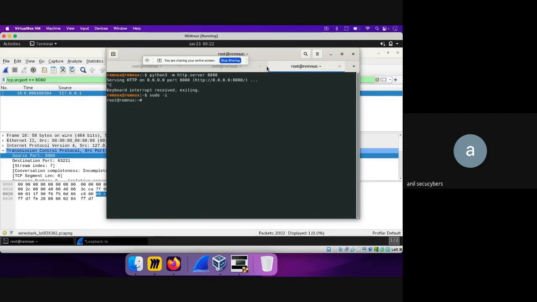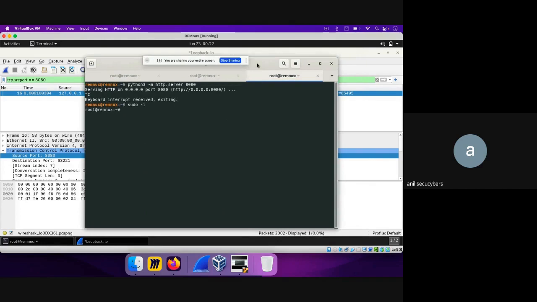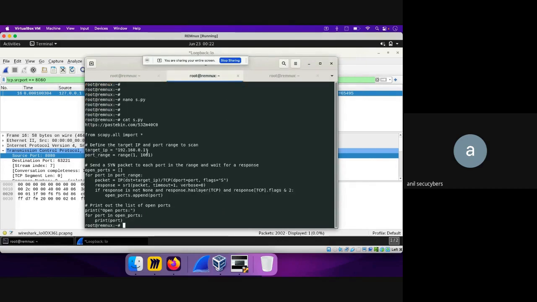Now, how will we implement Nmap on our own? This is something we'll look at today. The first thing that we will do is definitely import the similar module that